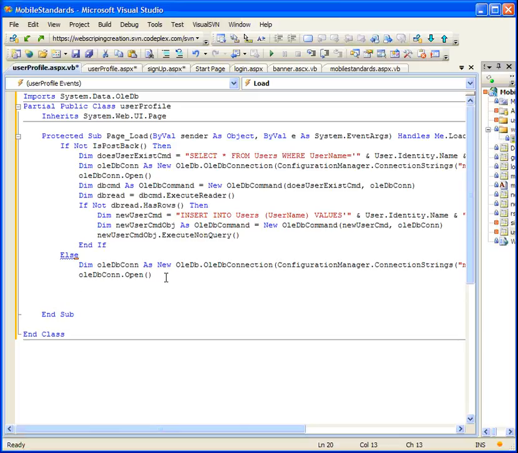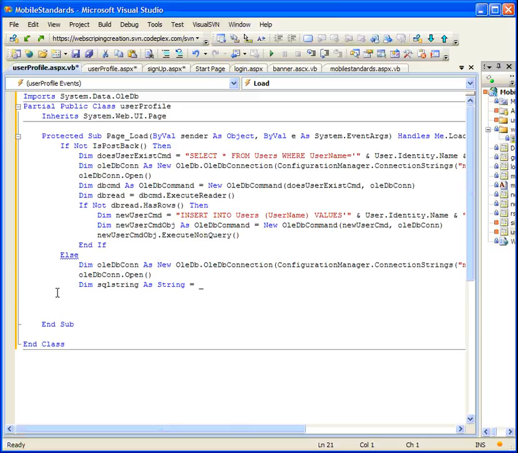Now, we're going to have to use adding with parameters, adding with values for this, because this is going to be a complex SQL statement to update all those various fields in the record representing the user. So let's say dim SQL string as string equals. Okay, it's going to be a long line, so let's go on to a new line. Quote update